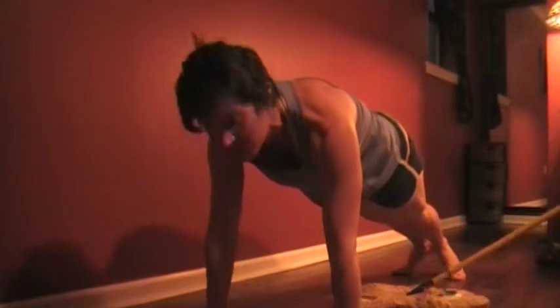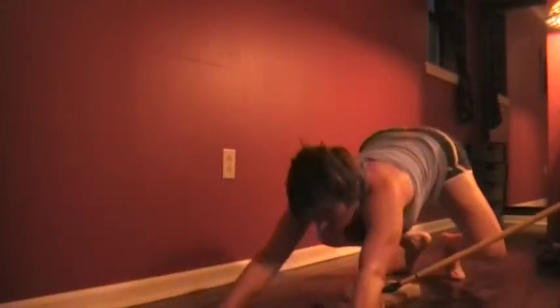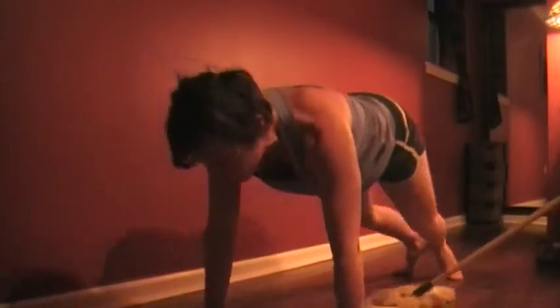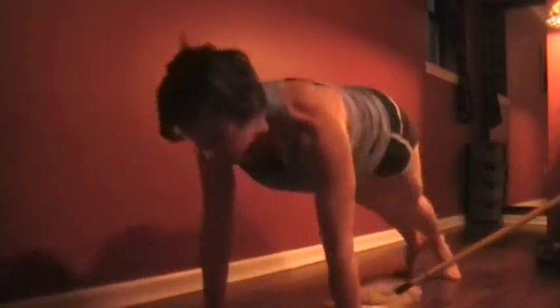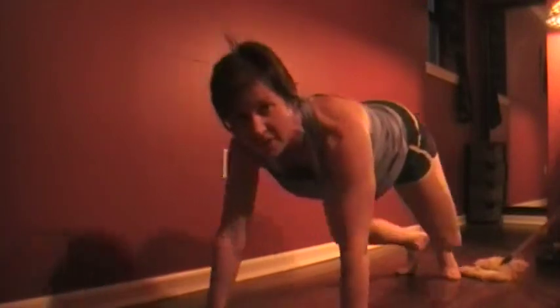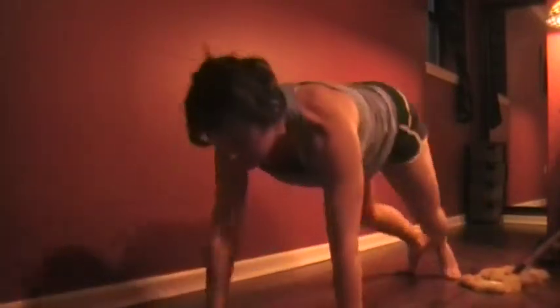Find your plank and ready. Inhale, push forward 1, push forward 2, 3, Zoe, please stop, 4, 5, 6, 7, 8,